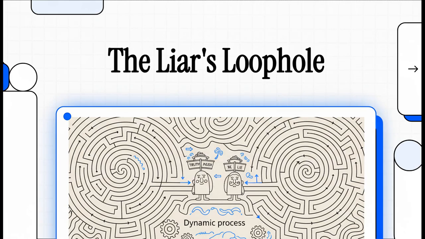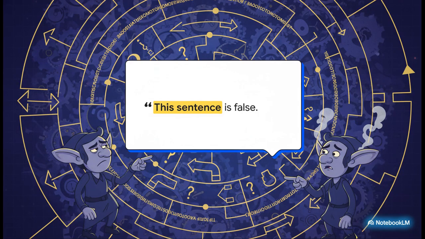All right, let's tackle one of philosophy's oldest, most stubborn headaches. It's a puzzle you can write down in just 4 words, but believe me, it has been tying the world's smartest people in knots for centuries. We're talking about the liar paradox, and today we are going to unpack a brilliant new way to finally solve it.